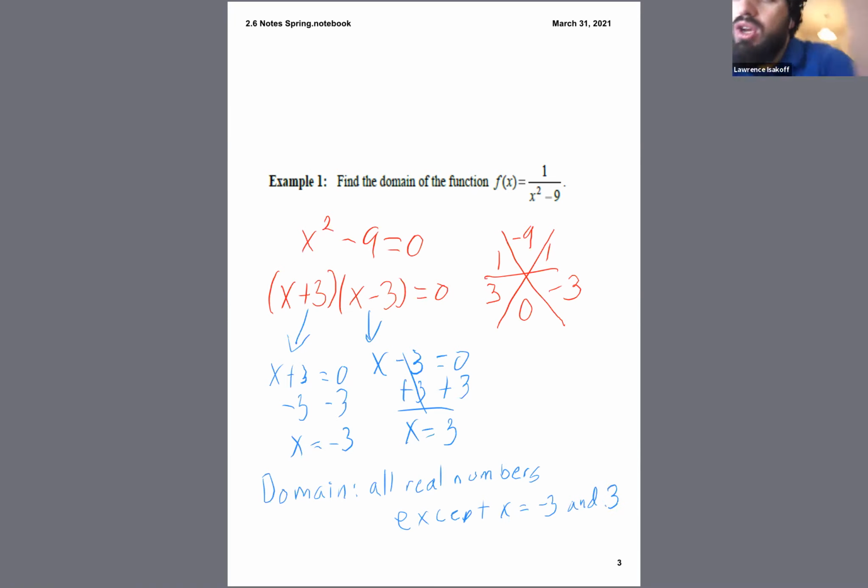So my domain will be all real numbers except when the denominator is equal to 0. We'll take a look at this graph in a moment using Desmos, and we will see that -3 and +3, if I set x equal to that, we'll see gaps in the